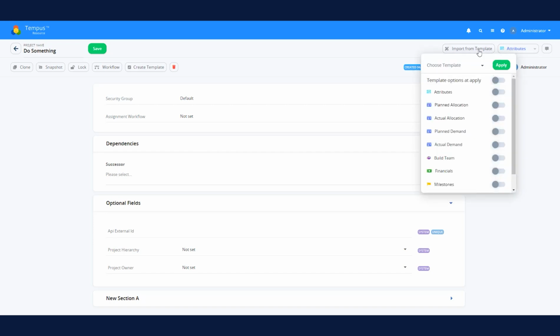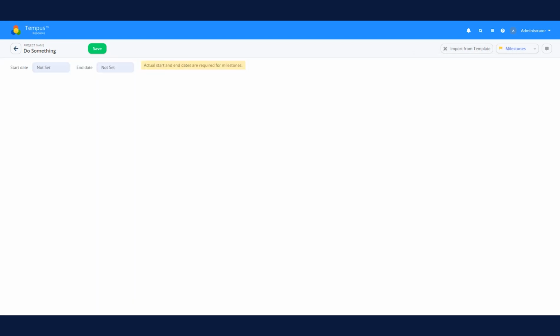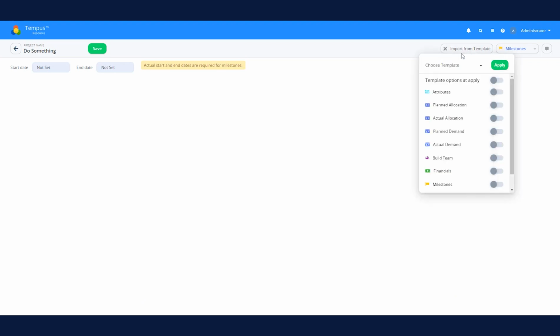And in this case, I can do this in any of the screens that I have access to, and I can choose which template I want to pull from. In this case, maybe we'll use, again, that CRM implementation project. And perhaps I want to bring over the milestones, the financials, the team, the allocation data, or maybe just the attributes. Okay, so we're on the milestones page, and let's maybe insert the milestones from Product Launch USA, and we'll